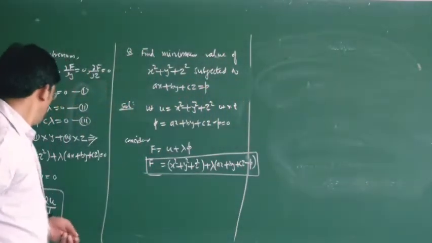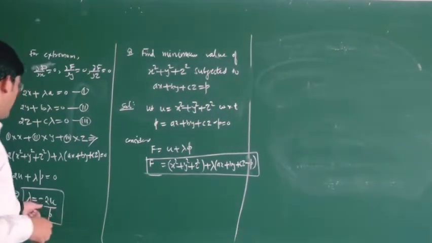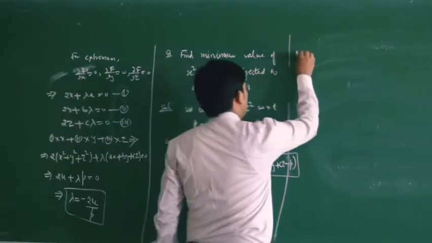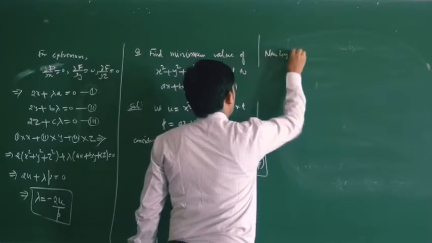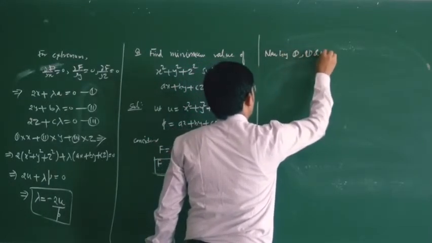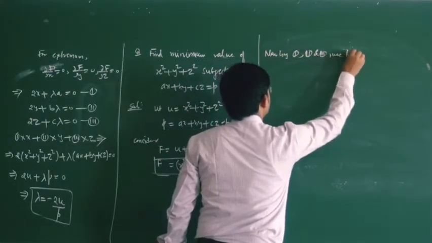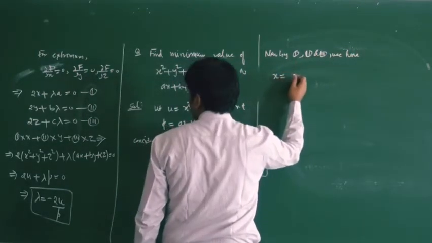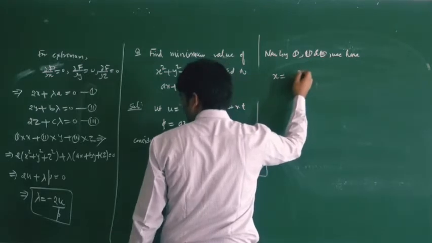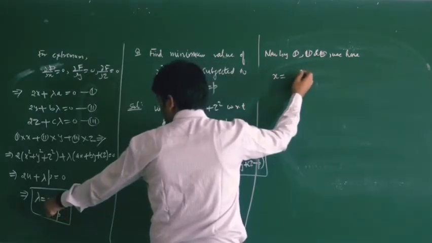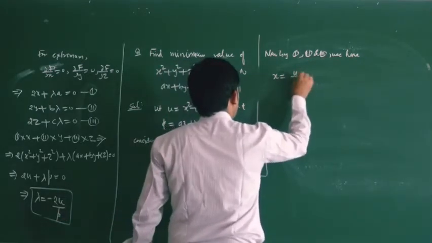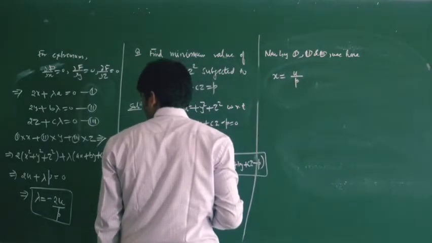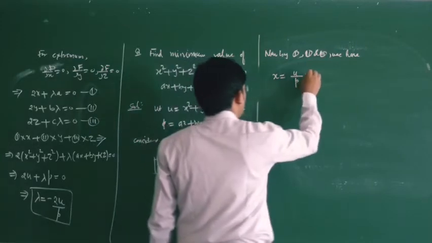Now if we put lambda equal to minus 2u upon p in equation number 1, then by 1, 2 and 3 we have, with the help of 1 we will have the value of x equal to minus lambda a upon 2. So minus lambda, that means this will become plus, so this x will be u upon p, and again your y will be,